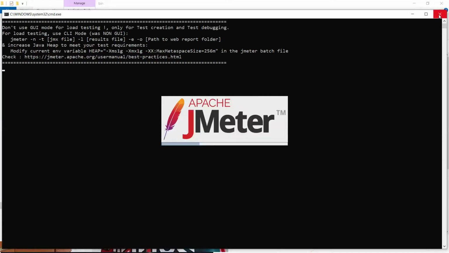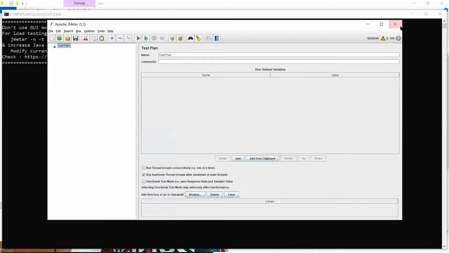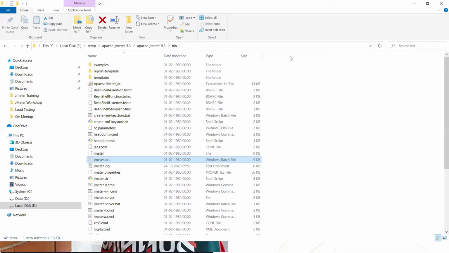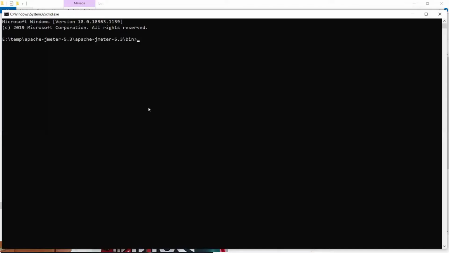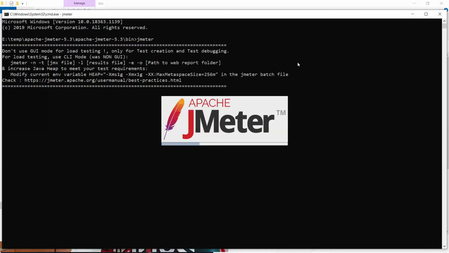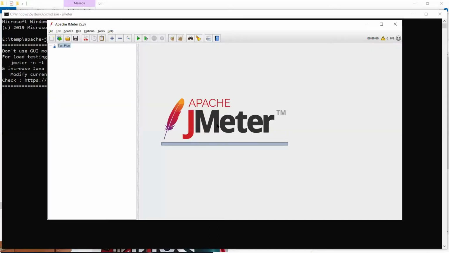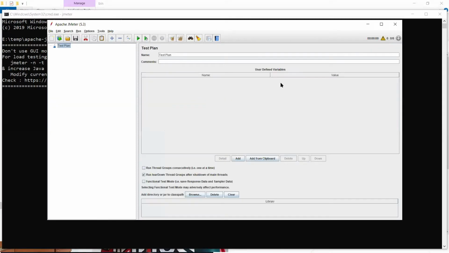Another option is to go to the command prompt, go to this particular bin folder level, and just write jmeter, and it will start JMeter. So I have my JMeter started. I can do whatever I want with this JMeter. So this is how you can install and start JMeter.